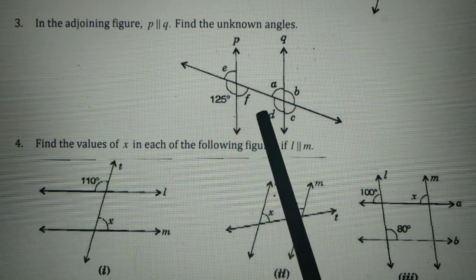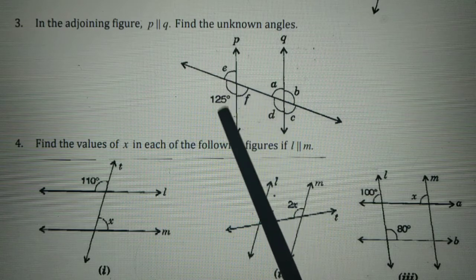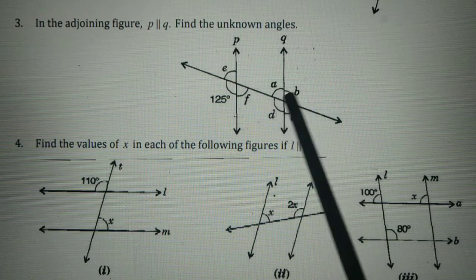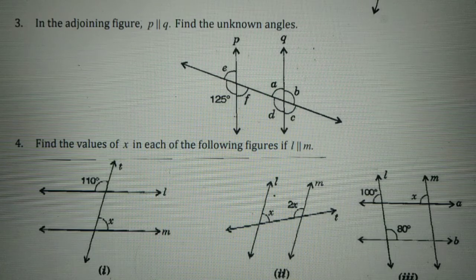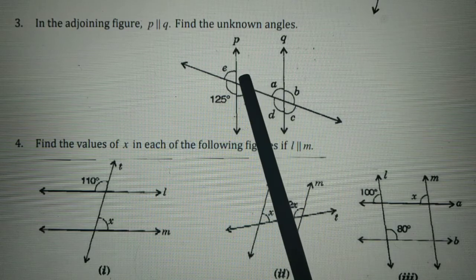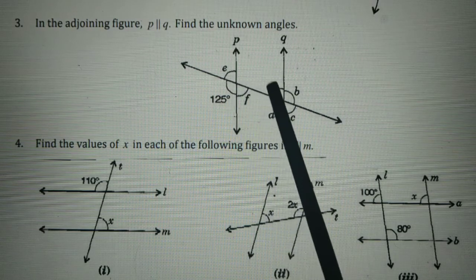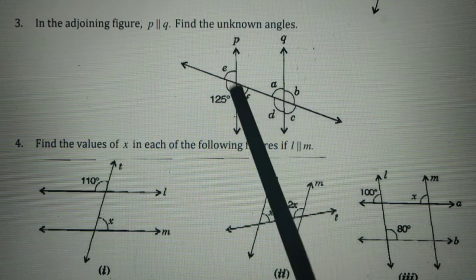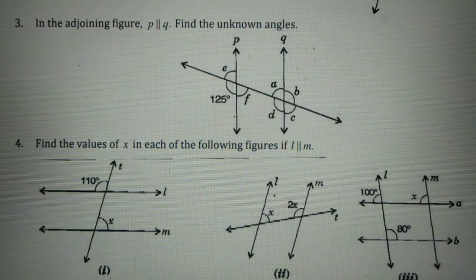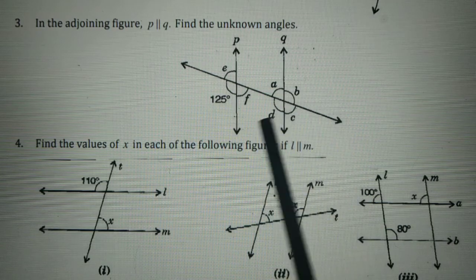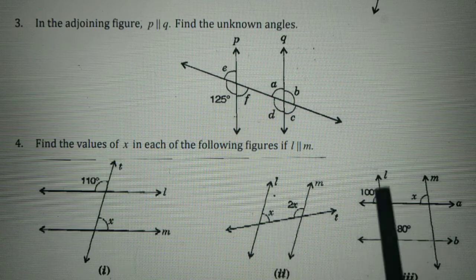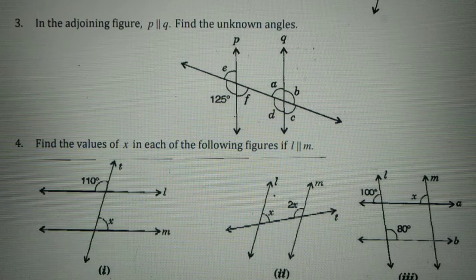So we get 8 angles. Here only 3 angles are represented, whereas we have to represent 4 angles. This is just the representation, otherwise this angle is also made. Alright, but for the answer we require the values of these angles. Only one angle is given. Now let us use the property of corresponding angles, alternate interior angles, or angles on the same side.